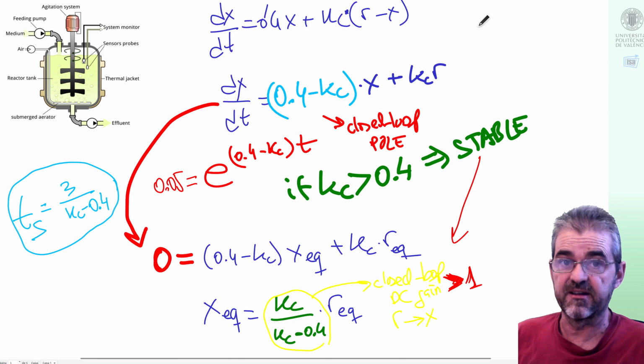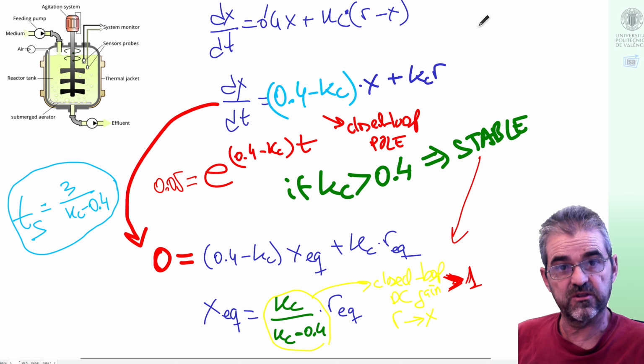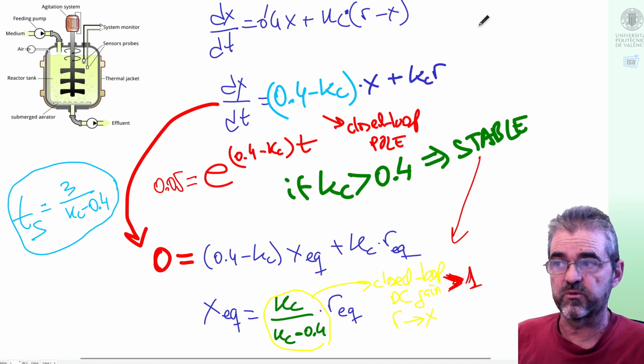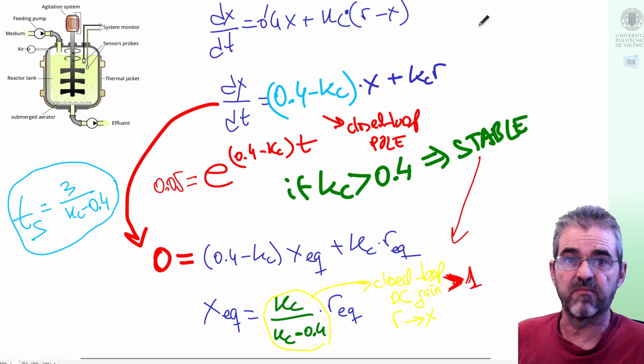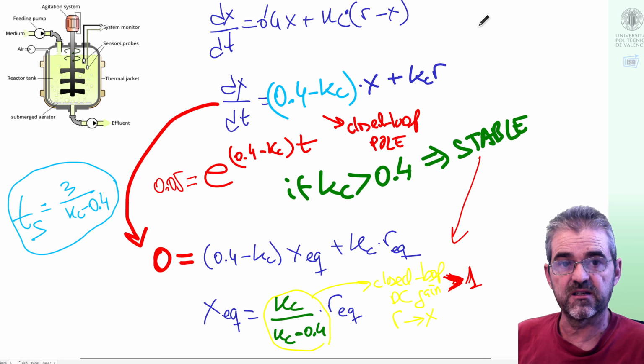But of course, higher gains will excite saturation, higher gains will amplify measurement noise, higher gains will open and close with high amplitude and frequency my inlet and outlet bioreactor valves, so they will break by fatigue. So higher gain may not be the miracle solution, and we may need to resort to other options such as